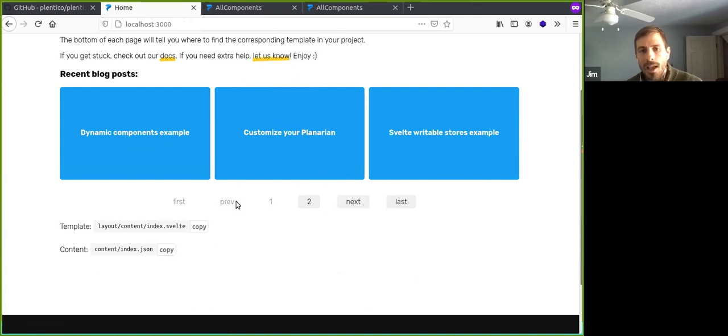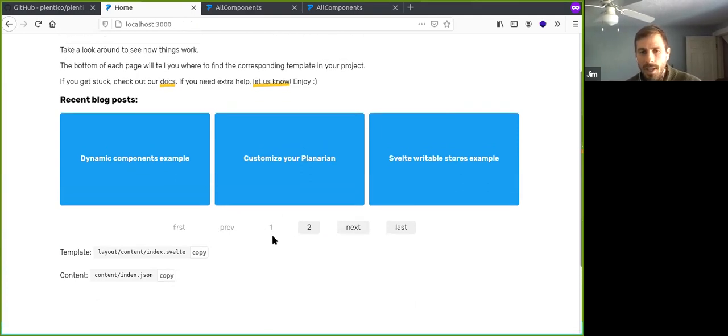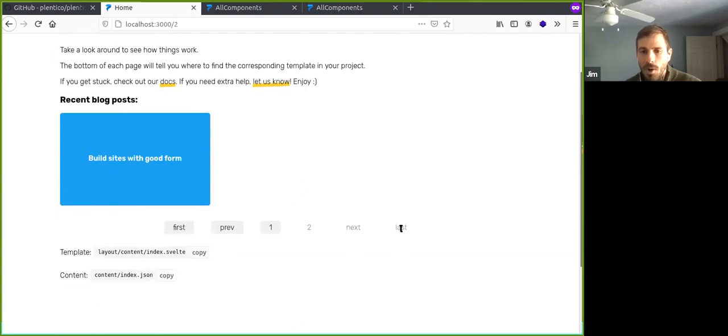Pagination is a little bit different, but the idea here is you can see that we're on the first page of pagination, and it does not let us click anything below this. You can't go previous and you can't go first. And the same thing happens when I'm on the second page here. You can't go to the next one after that. So basically it's aware of what the high and the low parameters are around that thing.